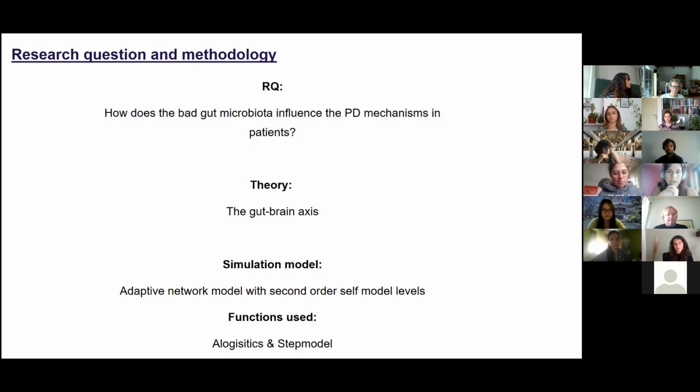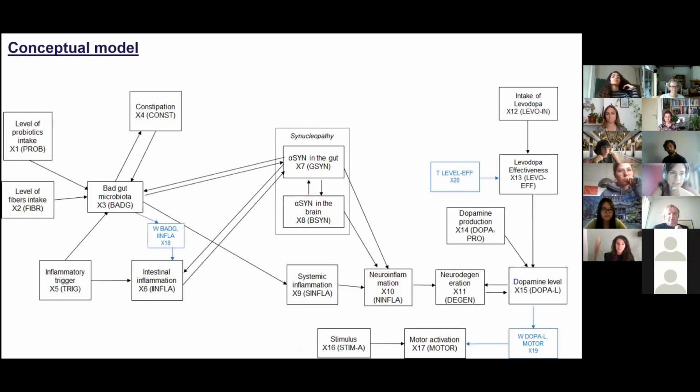And for developing this topic, and to answer these research questions, we developed a simulation model, which is an adaptive network model with second-order model levels. And we used as the main functions the alogistic and stepmode functions. And here you can see